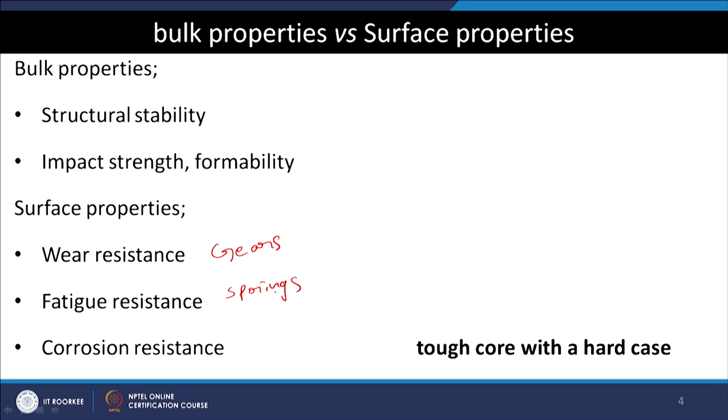So, because these components will always be in contact with the atmosphere, which can be oxidizing or reducing, that is where it should have good corrosion resistance. That is where we can prolong the life of the components. So, enhancing this set of properties, the wear resistance, corrosion resistance and fatigue resistance, falls under the criteria where we have a set of methods which are called surface engineering methods.